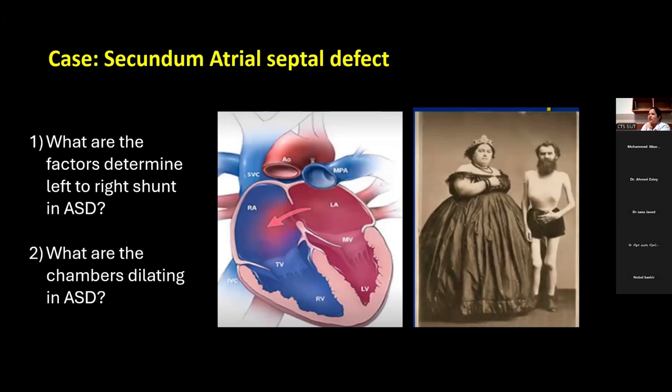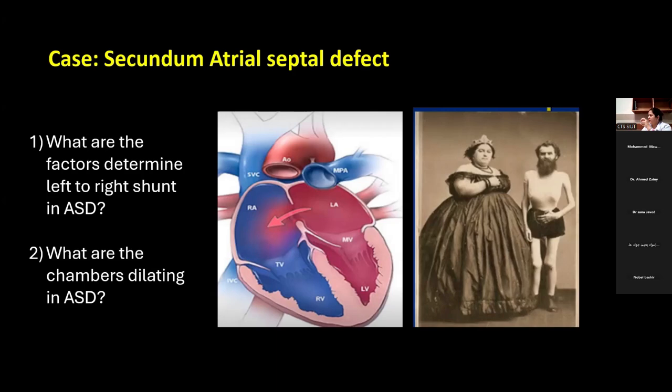ASD is one of the most common things, and how should we interpret the ASD report? Before I go through the report, there are certain things we have to understand for ASD. What are the factors that determine this? This is another detailed lecture which we will arrange again with Dr. Babar, and he usually gives this lecture in a very amazing way. And I always enjoy it whenever I listen to this lecture.